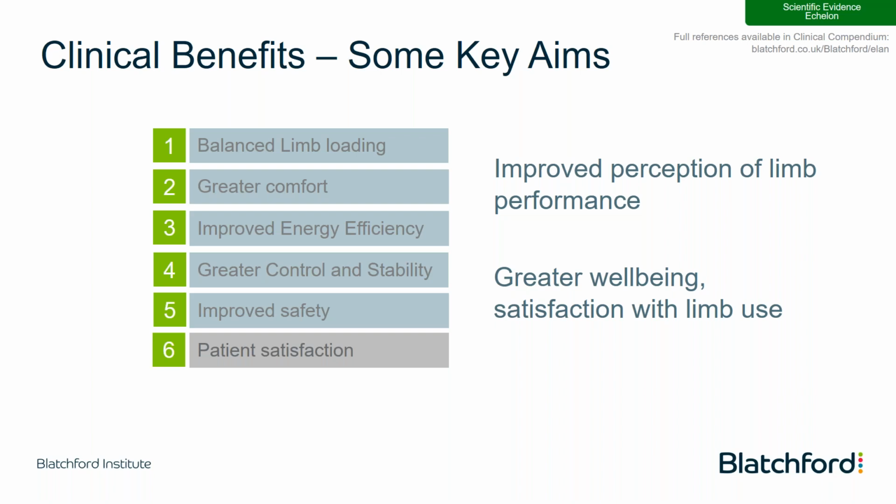This is the scientific evidence that is being gathered and collated to show that a hydraulic ankle Echelon foot will benefit the user. But what I would like to do is actually get this from Lee and ask him how this all actually affects him in real life. Yeah, sure. Well, like I've said, I normally work on a market stall, and my day is normally 10 to